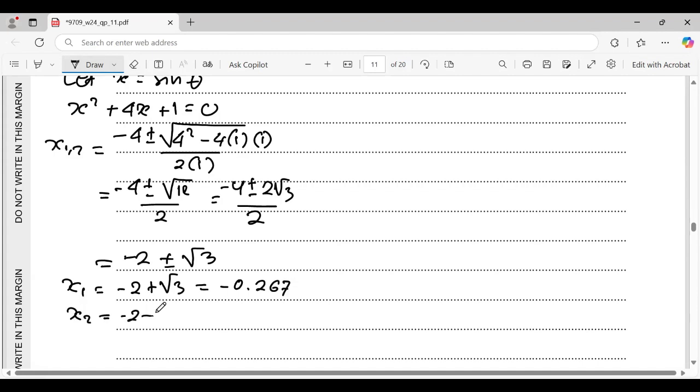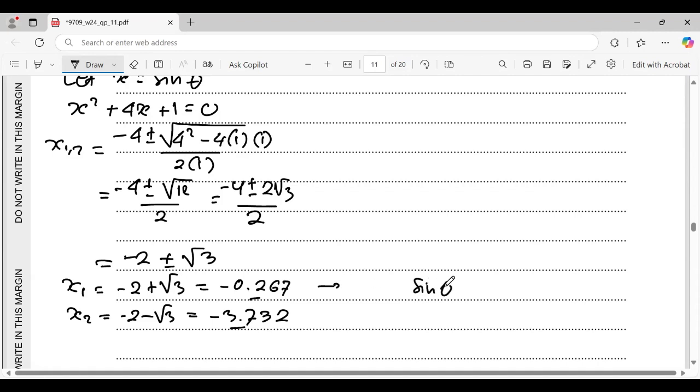And x2 equals minus 2 minus square root 3, which is minus 3.732. Between this number and this number, minus 0.267 is valid because minus 0.267 is between